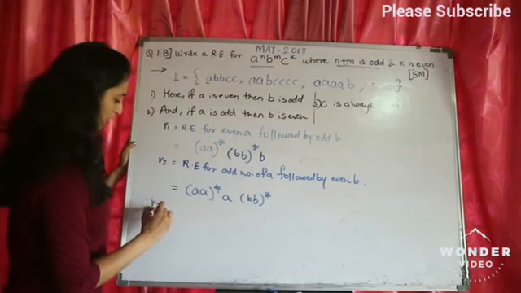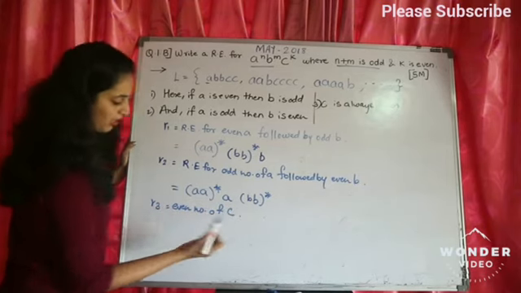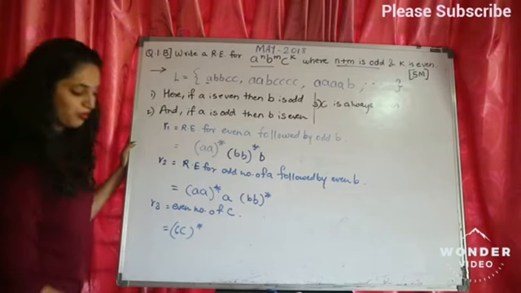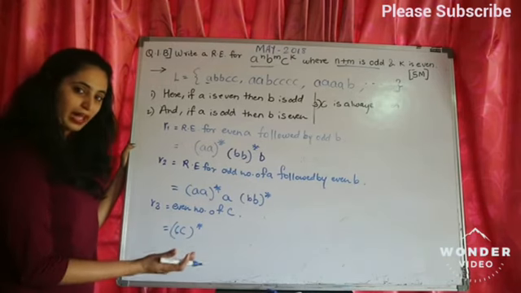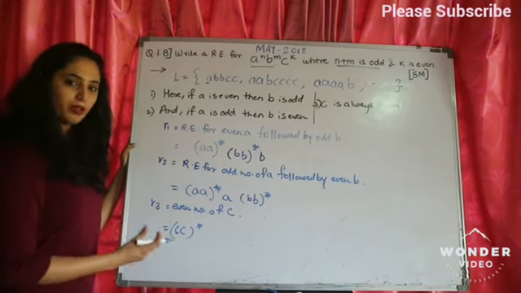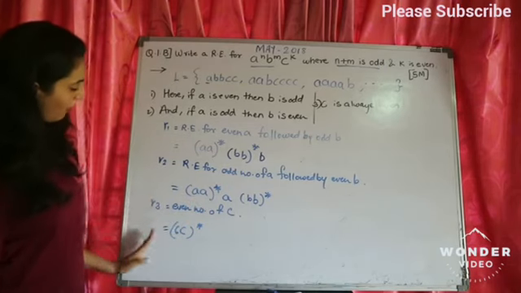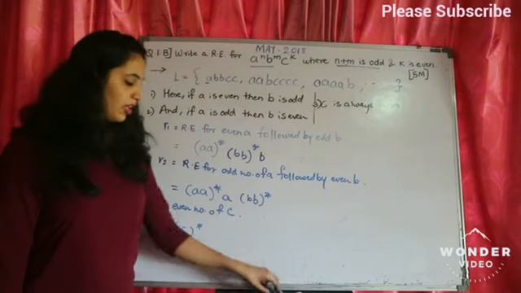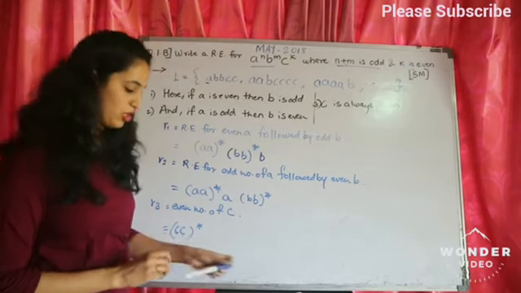What is the third one? R3. That is even number of C. Even number of C is CC in a closure, which will always give me even number of C. It can be epsilon, that is blank string, or it can be 2 number of C, 4 number of C, 6 number of C, and so on. So we have found all the 3 regular expressions which can come for this particular type. Now we just need to club them all together and find out the last regular expression.